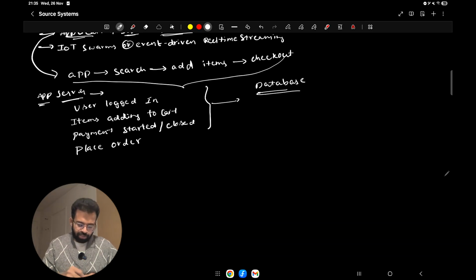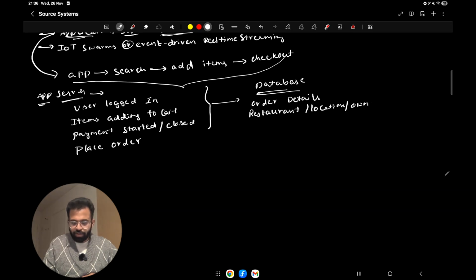For example, since here you are trying to order something from a restaurant, it will be storing the order details: whatever you ordered, your order ID, and the items you ordered, and from where you ordered, like which restaurant, what is the location of the restaurant, and who's the owner, and all the details.